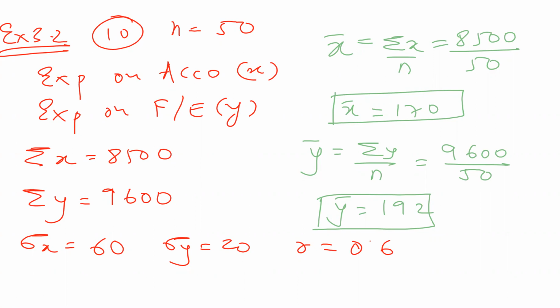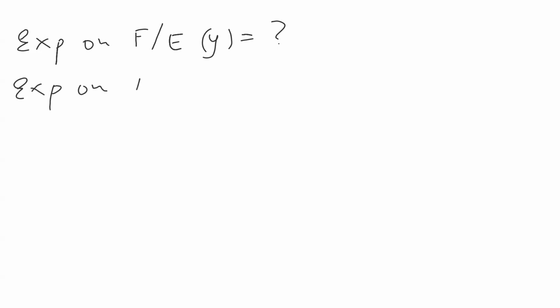So the data is given in this manner. The additional thing which I have written is X bar and Y bar because we know X bar and Y bar are generally required in any problem of statistics. Okay, now we need to read it carefully in the next part, that is, estimate, as in to find out the expenditure on food and entertainment. So that is why this is asked. Find out the expenditure on food and entertainment when expenditure on accommodation, which is X,